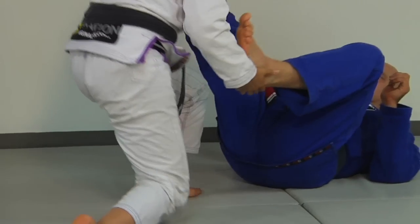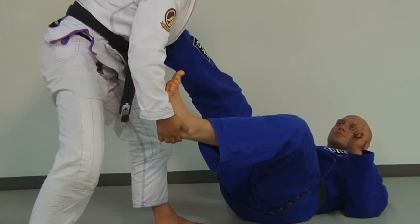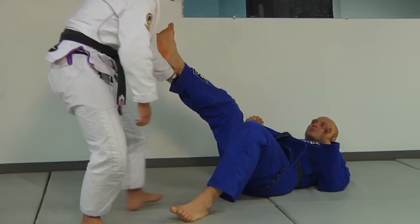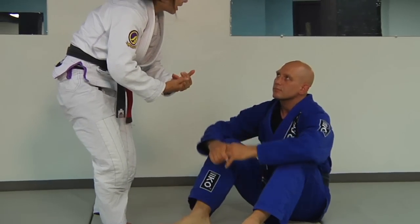As I stand up, I want to make sure I manage his feet somehow, either hooking on the bottom of the heels or maybe grabbing the pant legs so that he can't plant his feet and sit back up towards me. I think it's important to note, guys, that when you're performing this sweep, it's not always going to look pretty, okay? There's going to be times where you're going to be moving back and forth. You might only even get one hook or one hand's going to be in another place, but the idea is persistence,